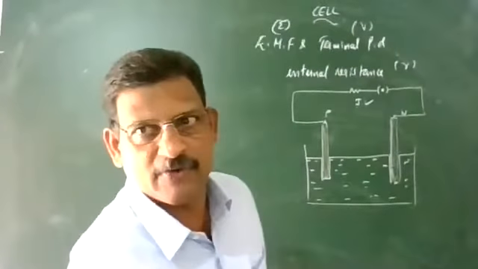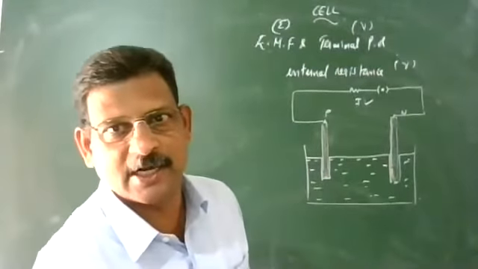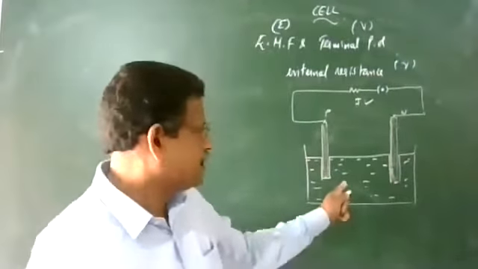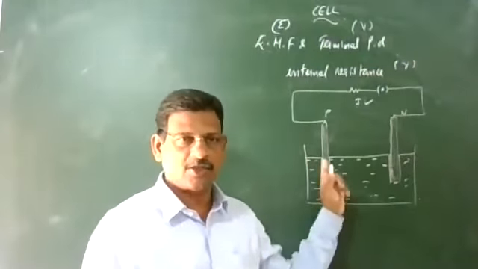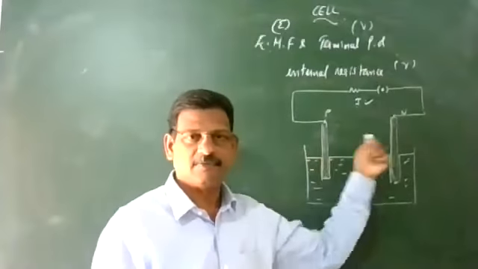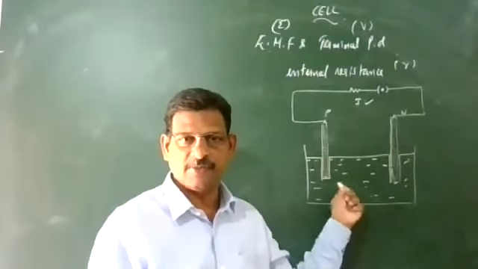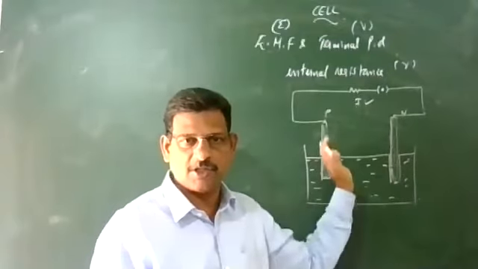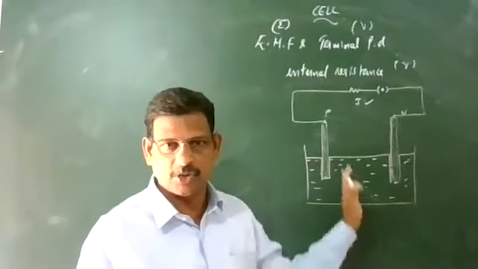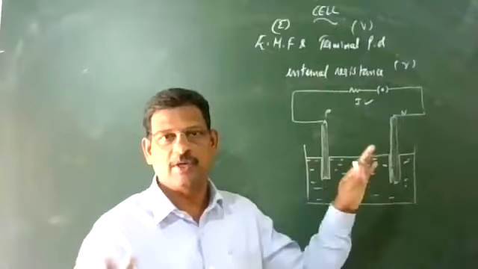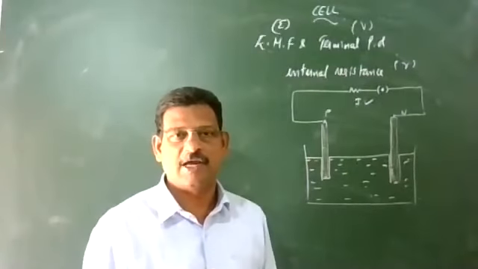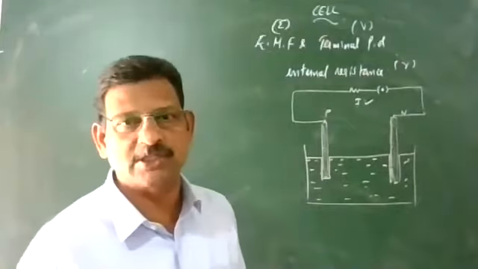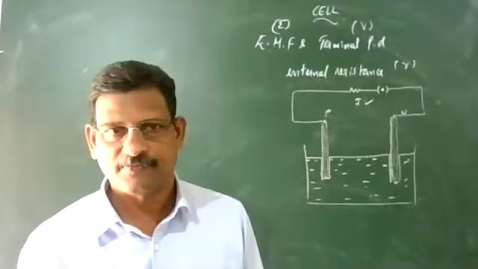It depends upon many factors. Internal resistance of a cell is the resistance offered by the cell to the flow of current. It depends upon the nature of the electrode, the nature of the electrolyte, the distance between the two electrodes, and how much portion of the electrode is immersed, whether it is a 1/3 portion, half portion, 3/4 portion. So the area of exposure of the electrode in the electrolyte. And time and temperature are also factors of internal resistance.